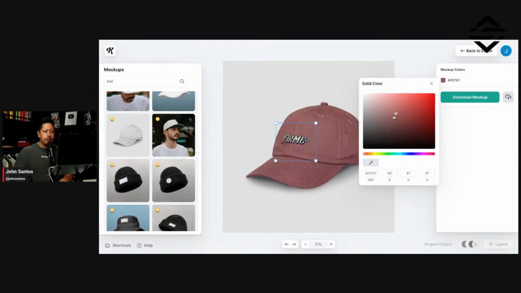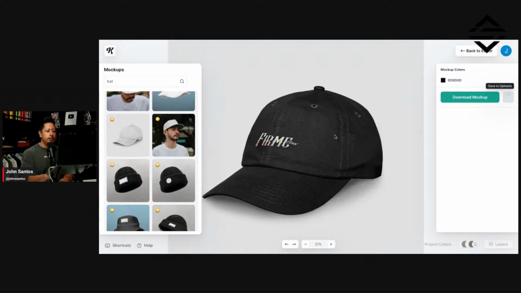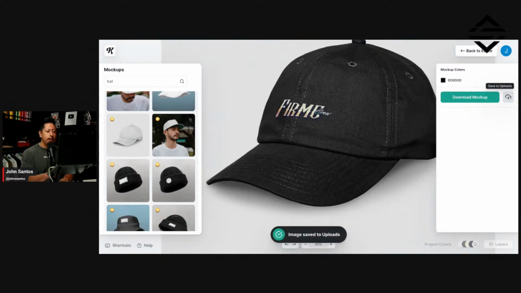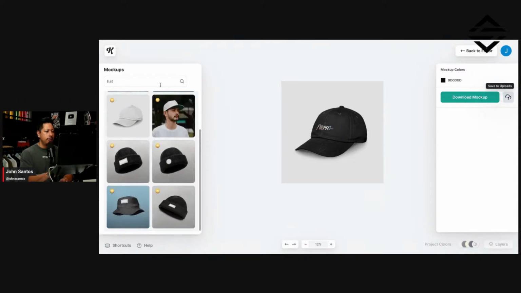And let's see if we do a black hat. Look at that. Let's go upload, save to uploads. And now we got an embroidered hat. So we got a hat, we got a shirt, and let's just say we also wanted to do maybe